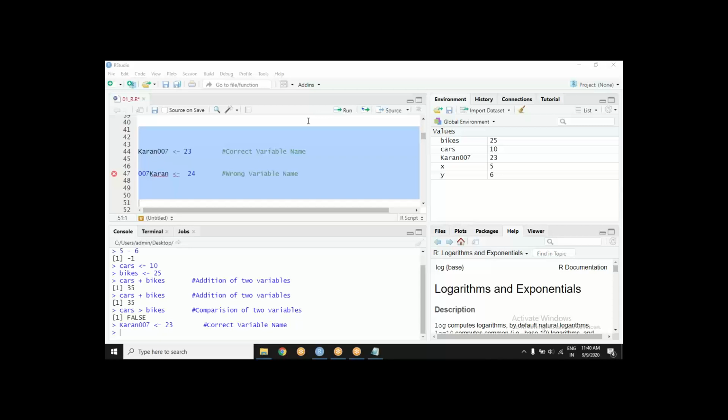What's happening? What is it that you see? Yes, you realize that?